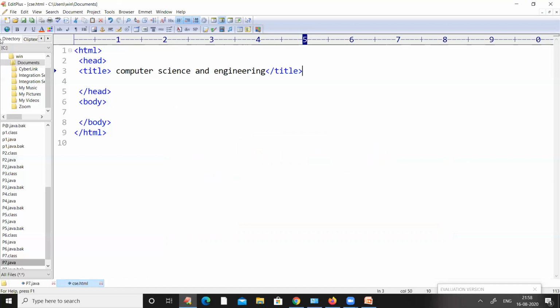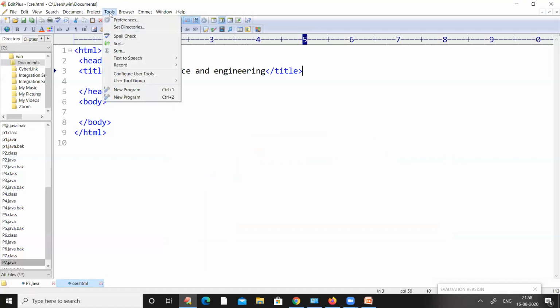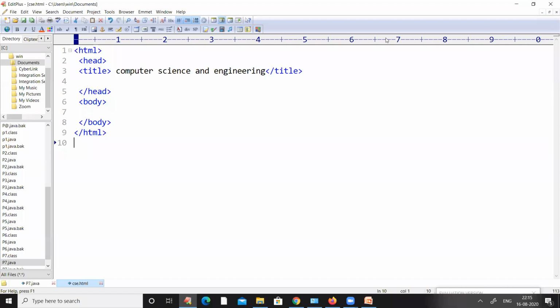So let us run this program. Okay, let us see the output. We have saved this particular program as csc.html.